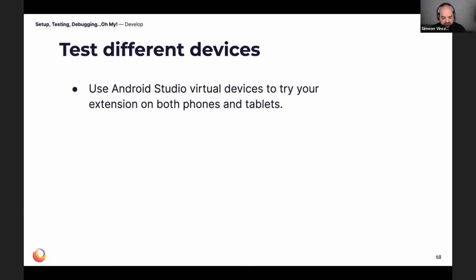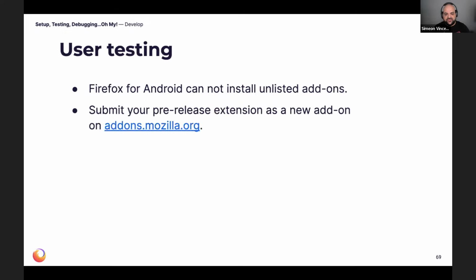When developing an extension for Firefox for Android, one of the main things that I want to encourage you to do is test your experience on different devices, either physical devices or virtual. Again, Android Studio is a great tool for helping you get set up and test your experience across a variety of different device sizes and potentially OS versions as well. One of the things to keep in mind when developing an extension and trying to get real-world experience before getting it in the hands of users is that